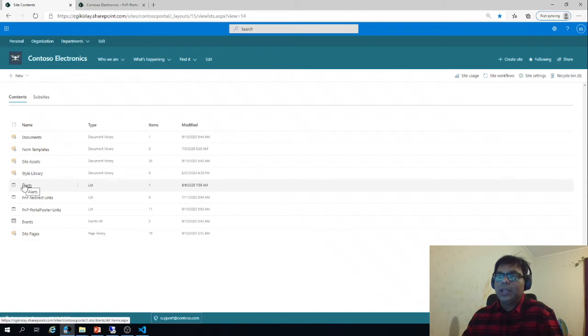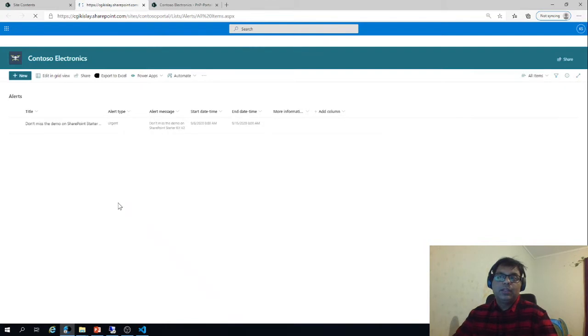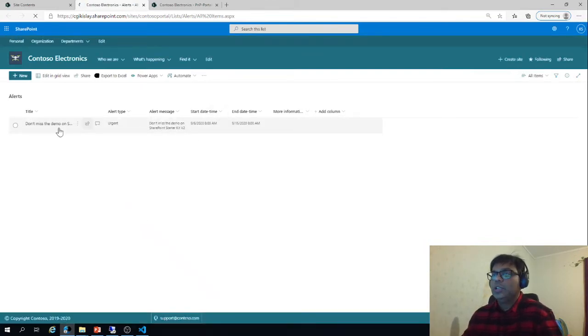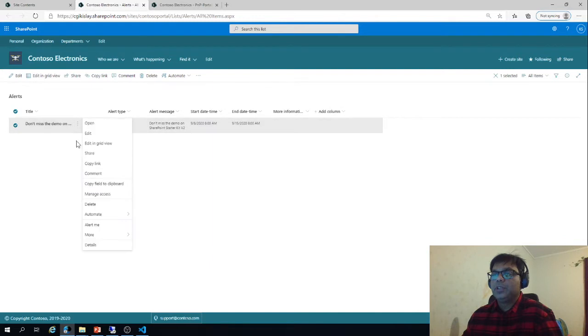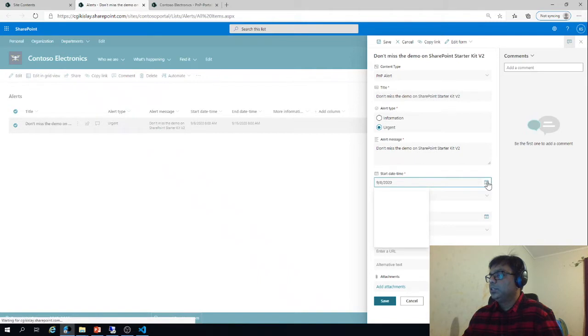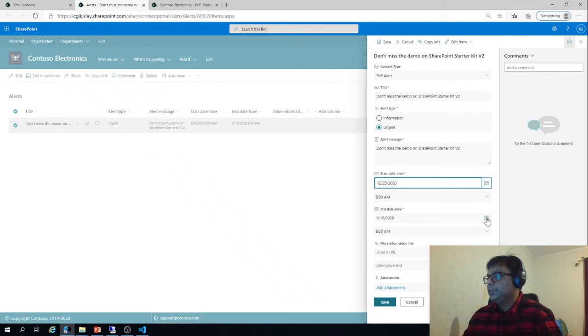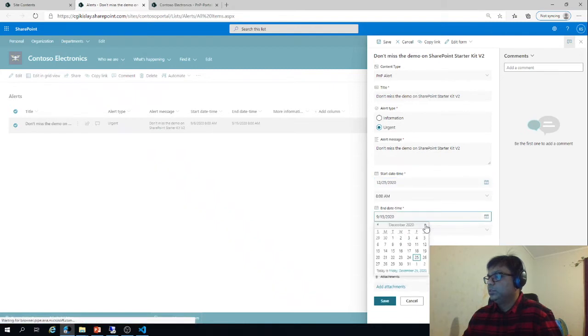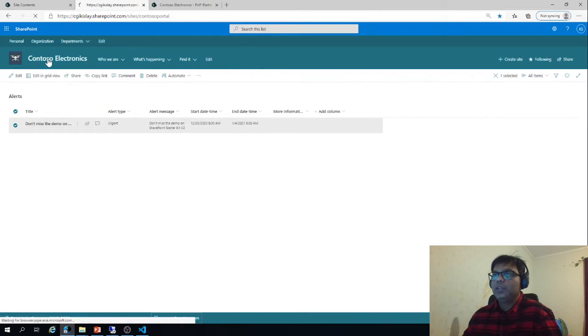Similarly, we have alert mechanism, which will be displayed on the top, when you want to display some alert. So let's say if I change the timing for this one, start date and end date. So let's give it September, October, December. So let's give it today. And also from here we can say till 4th of January and save. So now if I go back to,